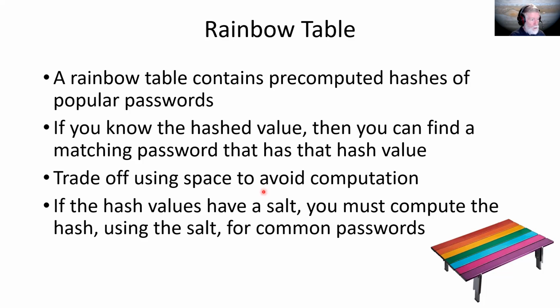Now, what if they use a salt? A salt is a random number that they append to the end of the password and then hash it. You don't know what the random number is, but you have to keep the salt in the file with the user IDs and passwords, because you have to know what the salt is to calculate it again later. When somebody enters a user ID and password, you want to check to see if it's correct. You have to go to that user ID, pick up the salt,